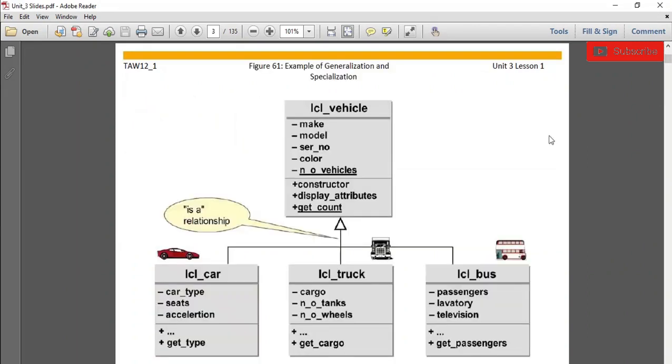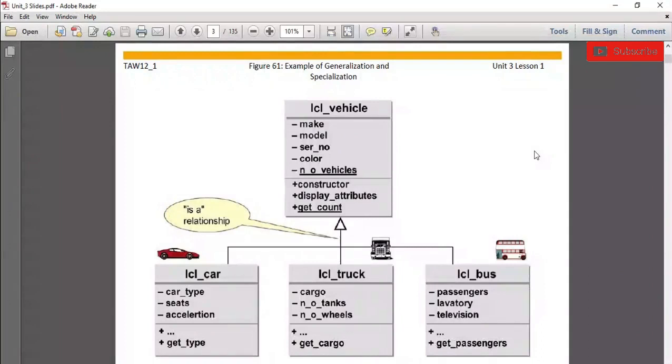As you already know about inheritance, when one class acquires the properties of another class, this process is called inheritance. The class which is inheriting the properties of another class is called the derived class, and the class from which we are inheriting the properties is called the base class. So generally in inheritance, we have mainly two classes. The first one is the base class and the second is the derived class. Sometimes the base class is called the parent class and the derived class is called the child class.